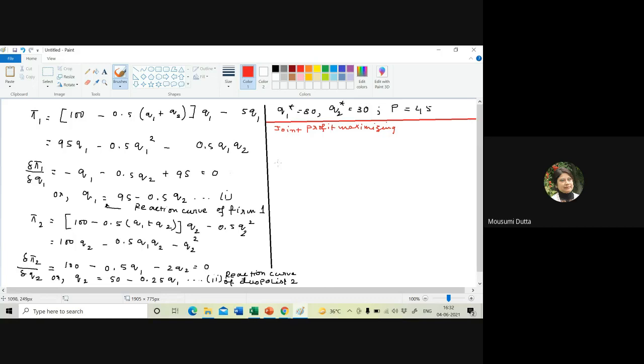So in case of joint profit maximization, we have to consider a single profit equation. Here we will subtract in this way because it is the joint decision. So we will consider this kind of equation: price multiplied with the entire quantity minus C1 minus C2. Now the P equation here is given by